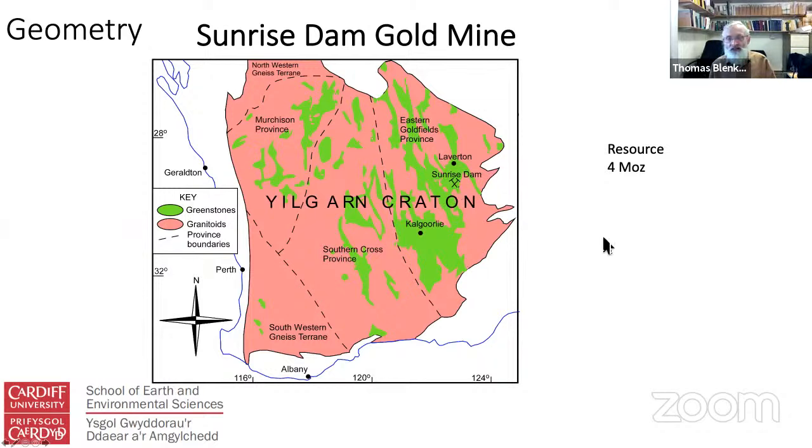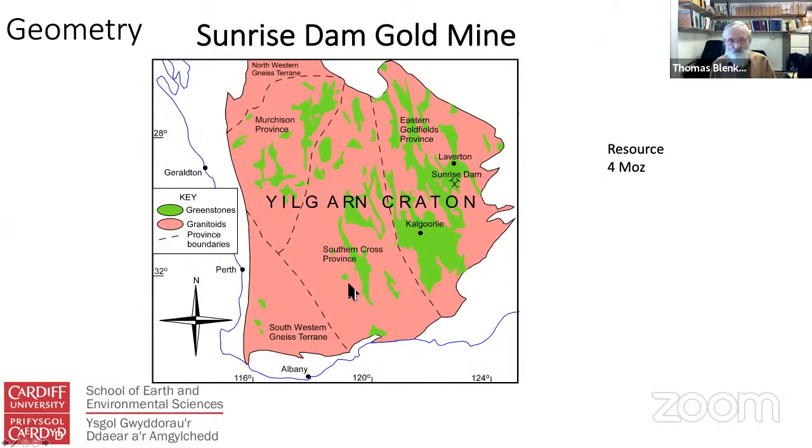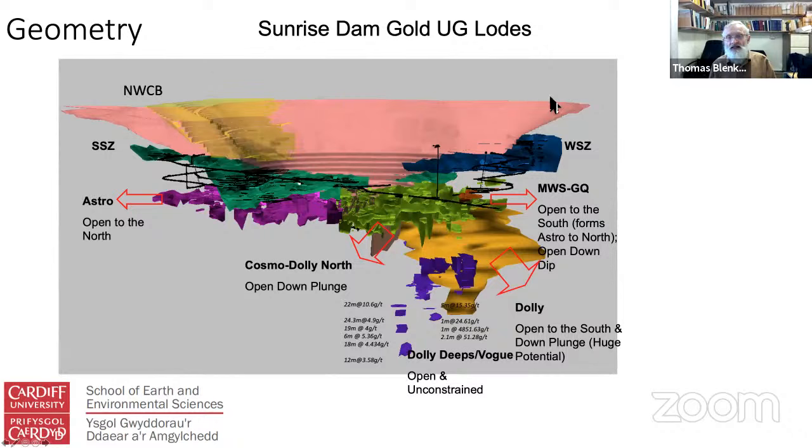And when we look at a view of the mine in a cartoon form to show the different ore bodies underneath the open pit here, you can get an impression of why it's been such a phenomenally productive mine. There are many, many different ore bodies in different orientations under different parts of the open pit. The scale here is at least several kilometers from one end to the other. And each of these has produced significantly different types of ore with different structural controls. So it's a very complicated